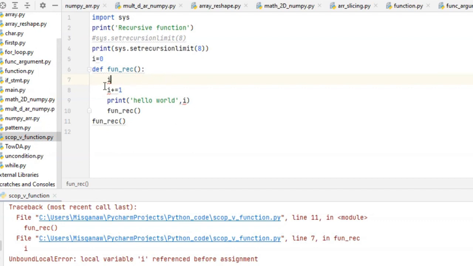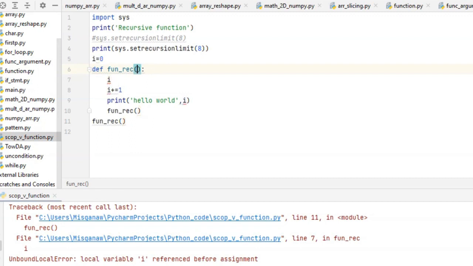So in order to use this I variable inside the function, that I is initialized outside of the function. Now I is a global variable, and this I is a local variable. If I pass I here as a parameter, it is correct, and I will be a local variable.